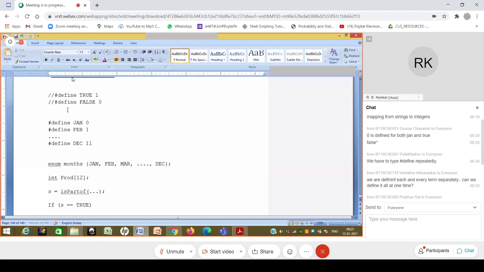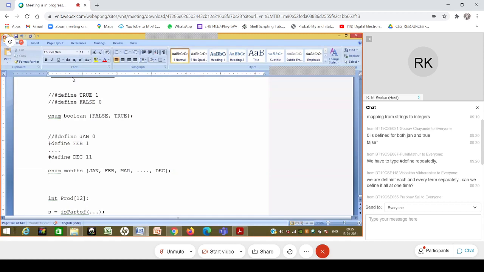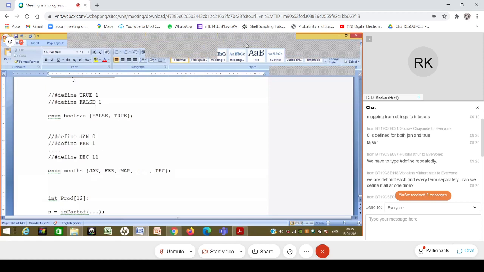Similarly, instead of all these things together, I'm defining this enum months, and then January to December have been mentioned. Correct. So what is the second guess that you can make? Am I writing values here? I mean, I'm not writing false is 0, true is 1. I'm not writing Jan equal to. So can you guess what is happening here?